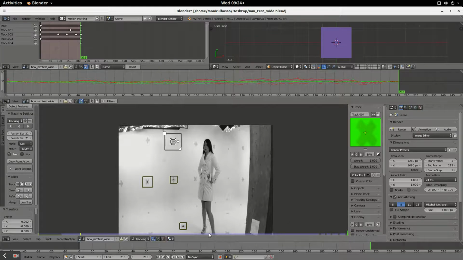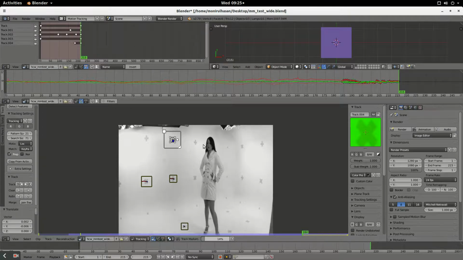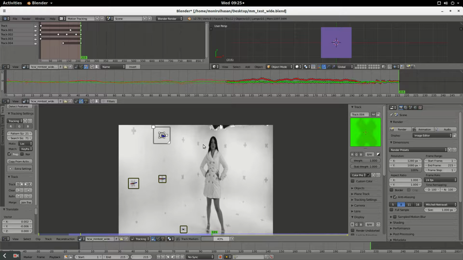Okay, so now you'd notice that we are right at the end of the whole footage, right? We had 216 frames, and we are right at the end. Now we need to go backward to the very beginning because we are at the end. And that's easy. You go left or go previous direction, or if you're into shortcuts, Control Shift T. Control T to go forward, Control Shift T to go backward. So we're tracking again, and